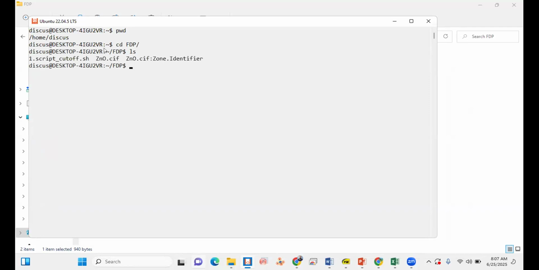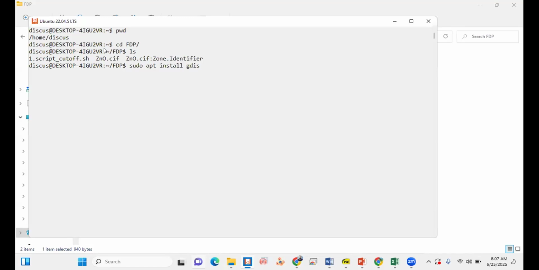So I have a zinc oxide cif file. With GDIS, I can open it. If GDIS is not installed before, you can install it with sudo apt install gdis.